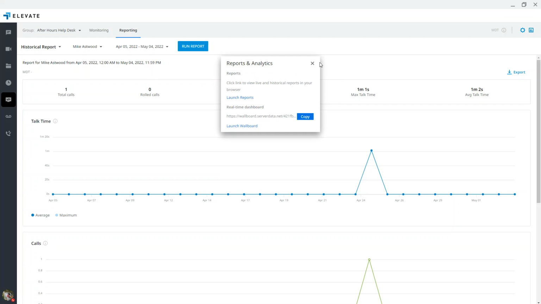All right, if we click on quick statistics here, we have a launch reports link, which will launch the reports in a web browser, but we also have a real-time dashboard, which is the wallboard. This URL here can be copied and put in any browser, and it doesn't require a login or anything, so this is ideal if you have a screen that you want to actively monitor the call queue on. So if we click on launch wallboard,